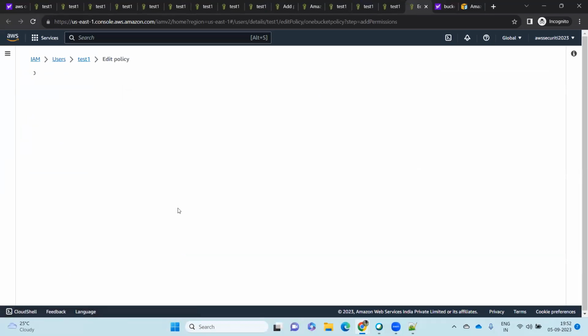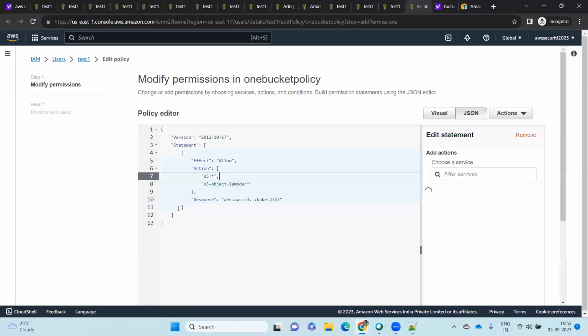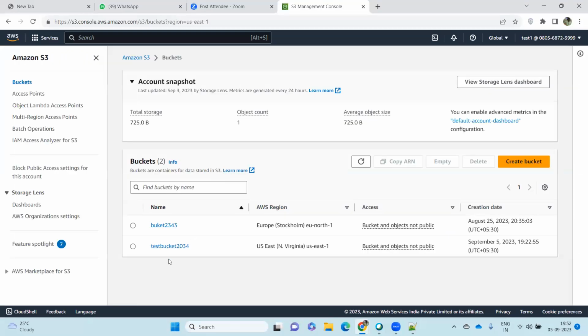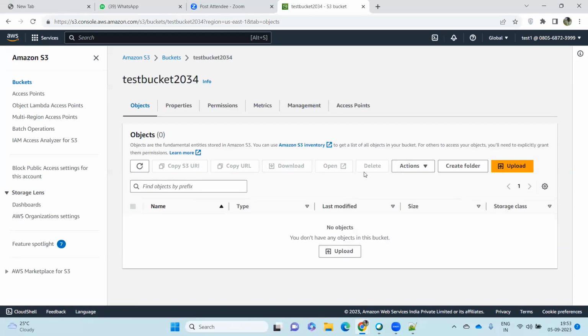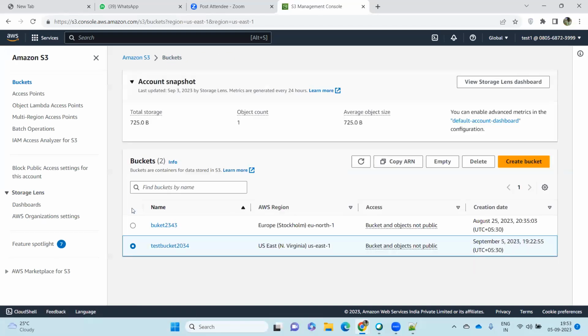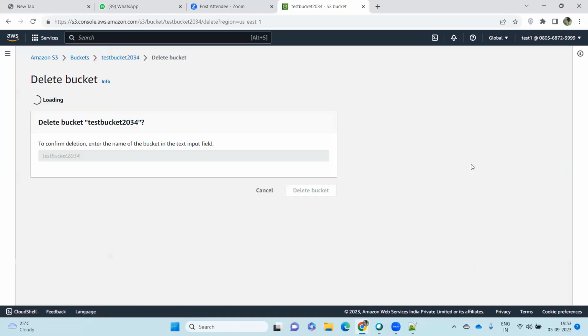Here, as per this policy, I can do whatever I want on only this one bucket, right? So let me try to delete this bucket and see if I'm able to delete or not. I'm not able to delete, right? Or else if I go to buckets and select this one, if I try to delete,